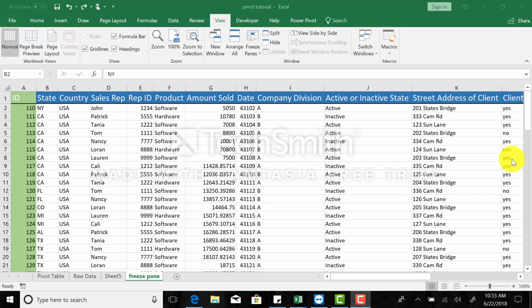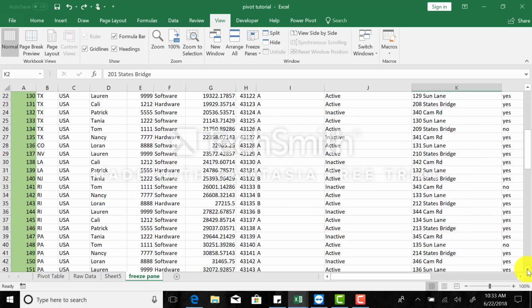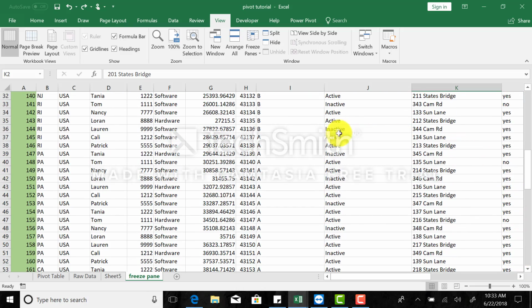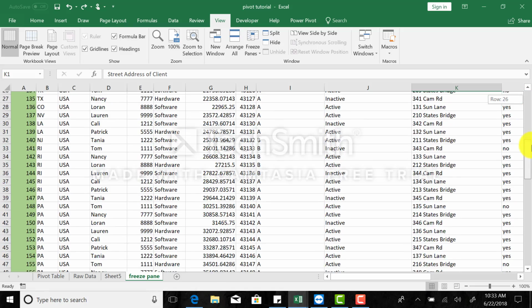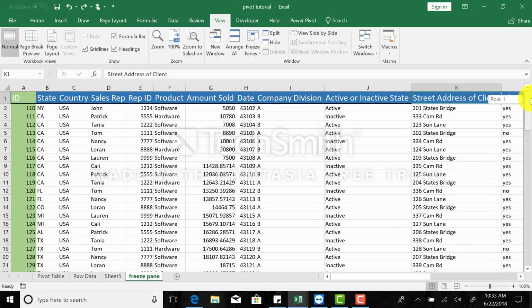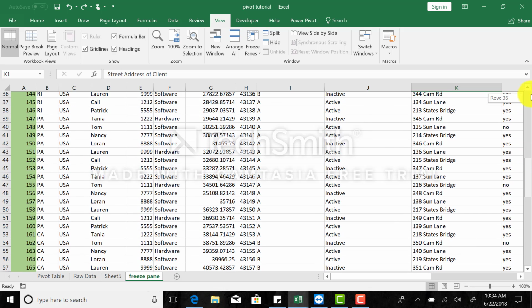So I'm going to show you how to freeze our top row here and also how to freeze a side column. So imagine if you have a large data set and you're having to scroll down throughout your data and now your header is missing. So to avoid having to click Control Page Up or to have to keep on dragging or scrolling the mouse up to see your header, let's make this header stick